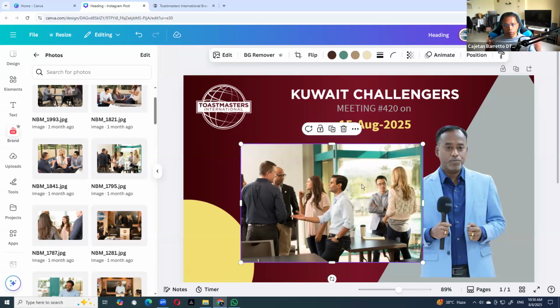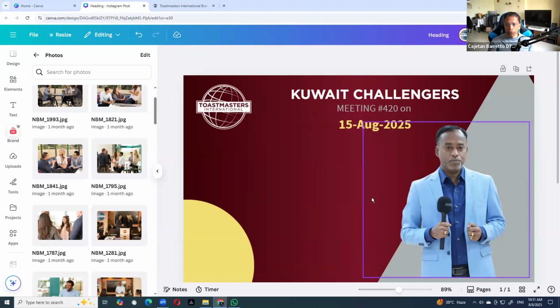Or maybe taken in the region, it would be good. But it will be very difficult for me to convince somebody to come to a club meeting where they cannot relate to any of the persons in the photo. You can use them, but use them with caution. Your first priority should be to use your club photos as much as possible.